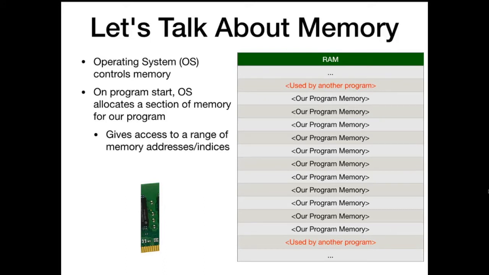All right, so when we start our program, the JVM is going to ask our OS, hey, I've got a program starting up. I need some memory to be able to store this program. The OS is going to say, sure, here's a chunk of memory. This is yours. You're allowed to access this memory for this program. Anything that the OS has not allocated to us, before or after that, we can't go reading those parts of RAM. We're going to get in trouble. The OS could shut us down if that happens.